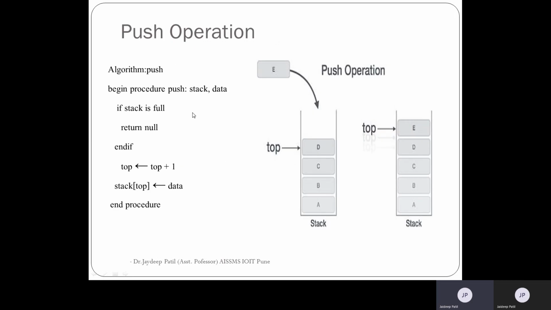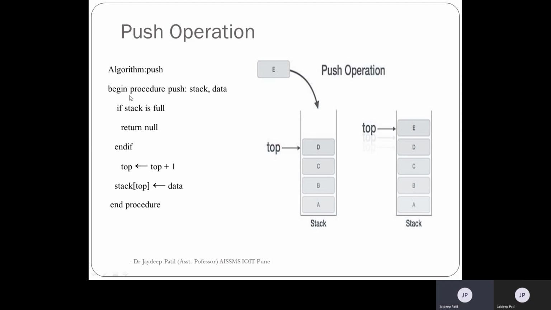We will see how the push operation works. In this figure, you can see that whenever a new element is added into the stack, it is at the top. For that, we have to perform some steps. First, we have to check whether the stack is full or not. If the stack is full, then produce an error and exit. If the stack is not full, then increment the top by 1 and add that element into the stack. Then return success.